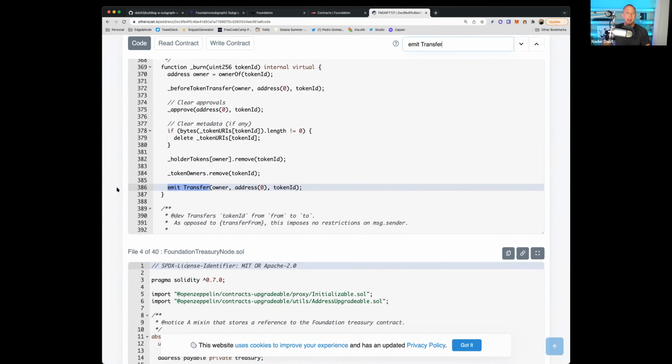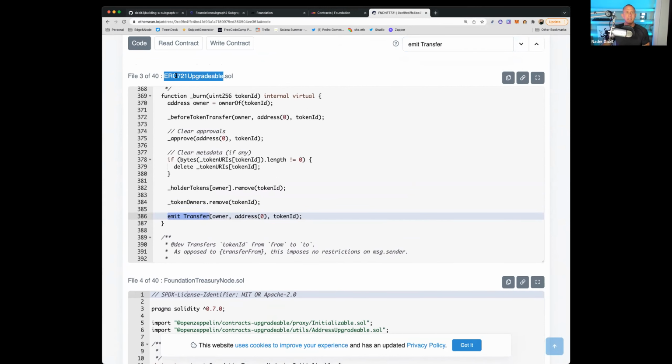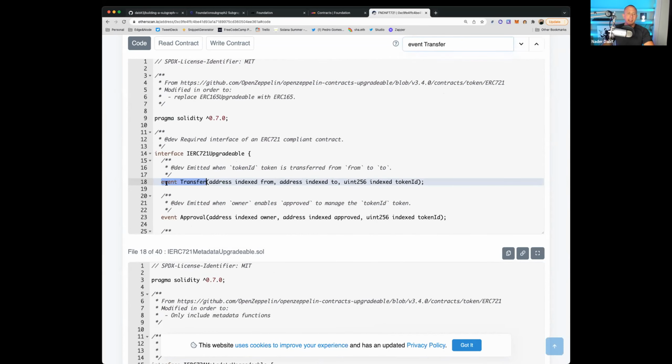We have an event that's happening right here where we have this ERC 721 contract, and we have this emit transfer. And if we have an emit transfer, we probably have an event transfer. The event transfer is us describing this event. You define the event and then you emit the event. So these are the events that we're working with. Another cool note is that with Etherscan, if you have the address, you can typically find the code for the smart contract, which is essentially the code base that you're working with.